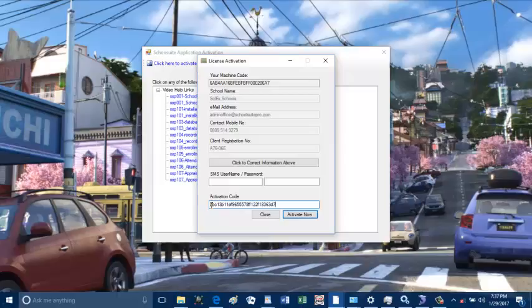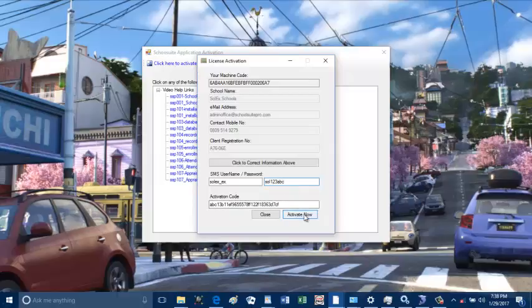Then your SMS username Soles_ES and the password Sol123ABC. Then you click activate.